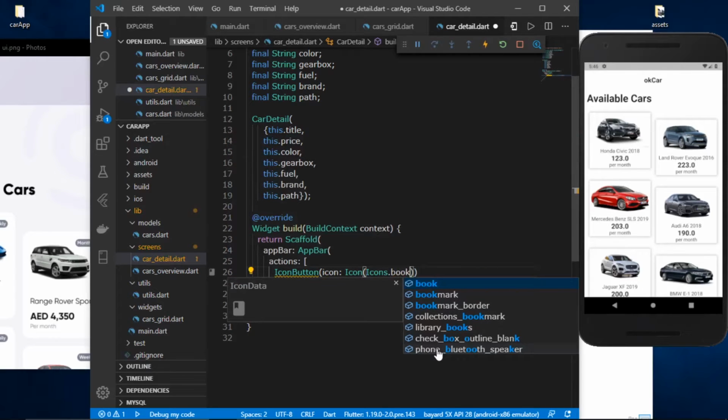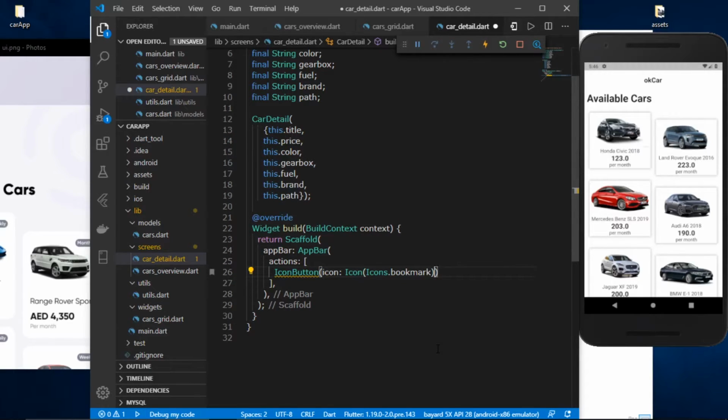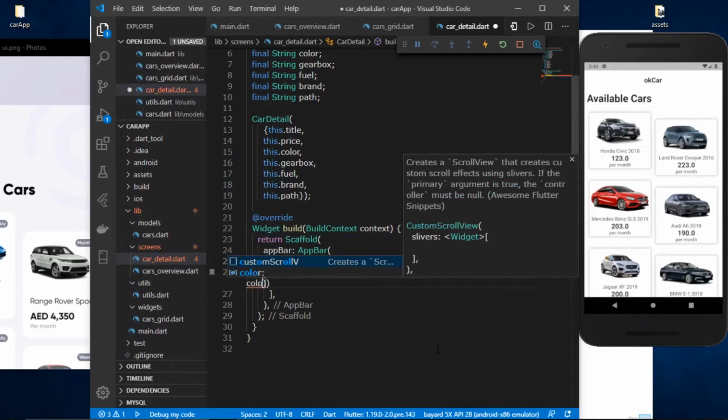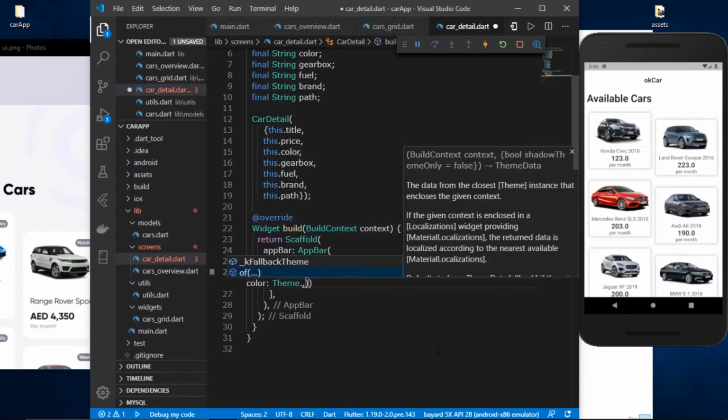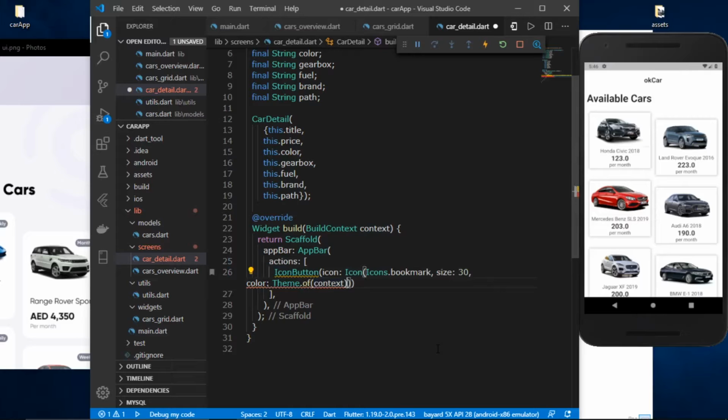Then we can also give a size and a color to this icon. So let's give it a size of around 30 maybe, and also a color. So color, we give it as theme dot of context dot accent color,